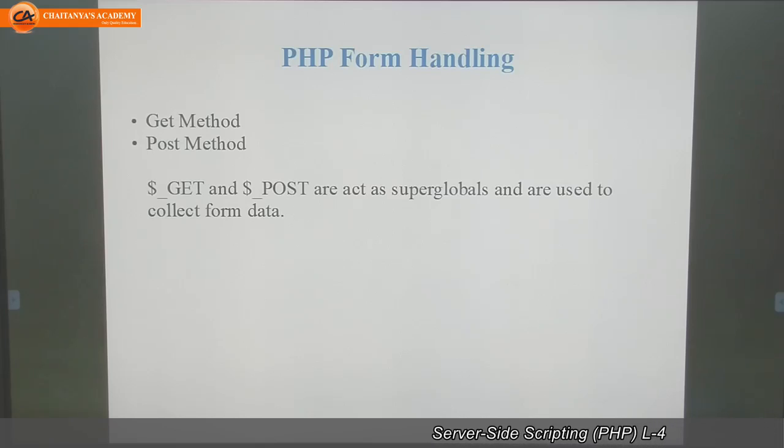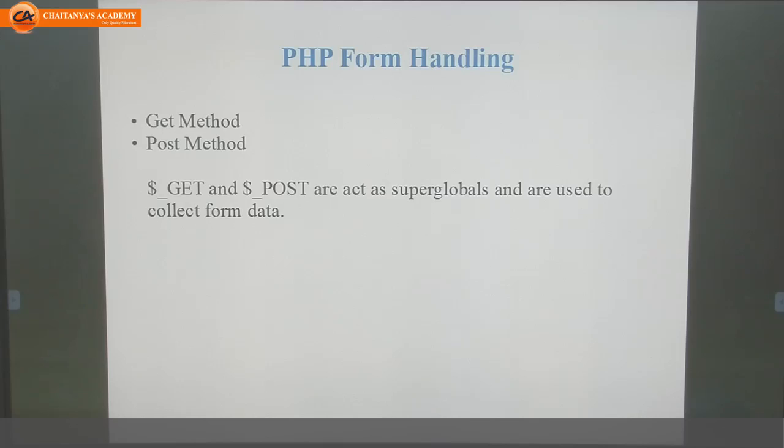Similarly, in PHP form handling also, we are going to do the same thing. We will provide one form and ask the user to enter the information. Once the user enters that information, we will submit it to our PHP file.